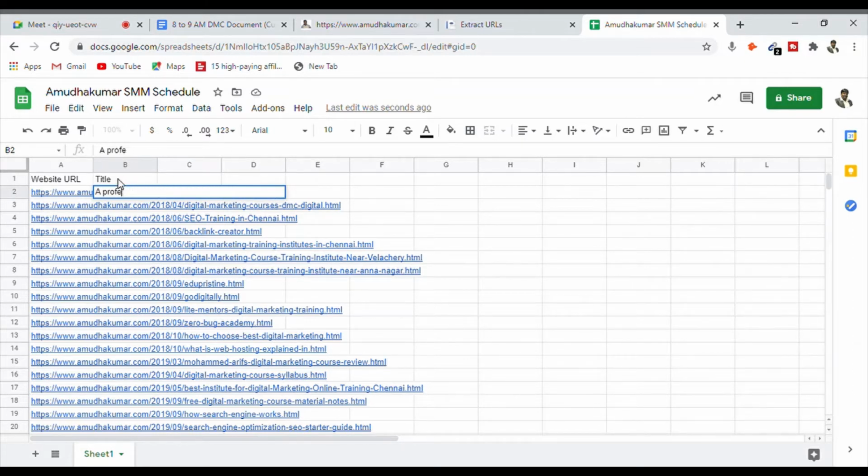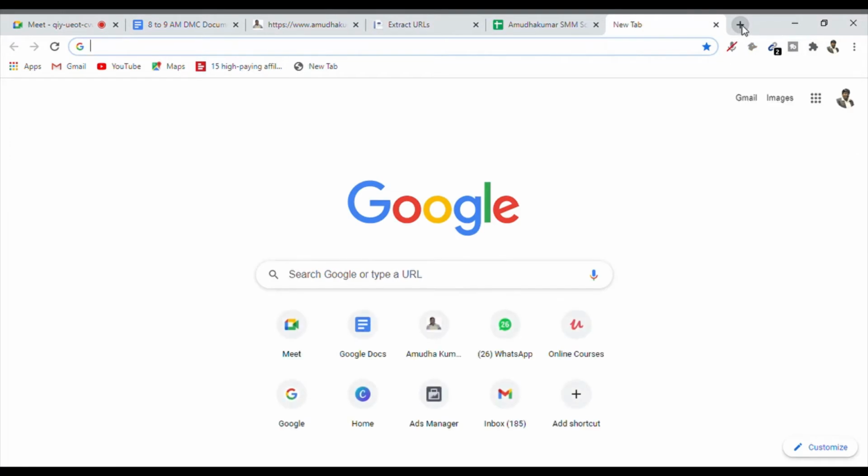Or I can go ahead and extract the metadata, which means every website will have a title and description that is always shown on a search engine platform. So the next thing I will do is use an online extractor tool that helps me to extract metadata.